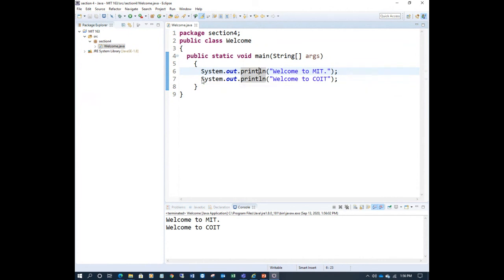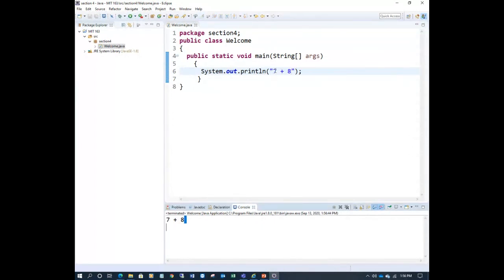And let's print some expressions. For example, you write an expression, an equation like 7 plus 8. What is the output, do you think? It will not calculate 7 plus 8 equal to 15, right? It will just print as is. Whatever is written in the quotes, remember, it will print the same. Let me show you. Click on this one. See, 7 plus 8 as an expression. Whatever you write within the quotes, it will print.